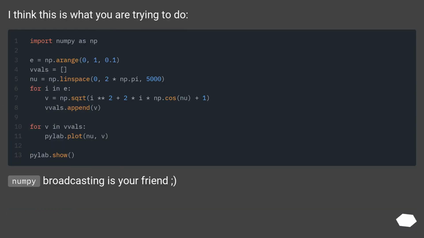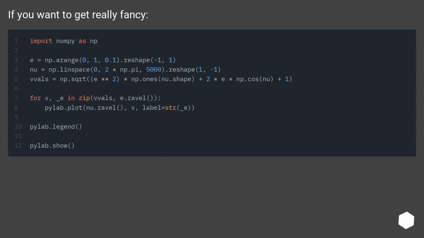I think this is what you are trying to do. NumPy broadcasting is your friend. If you want to get really fancy,